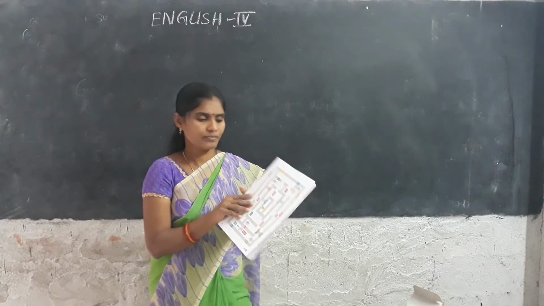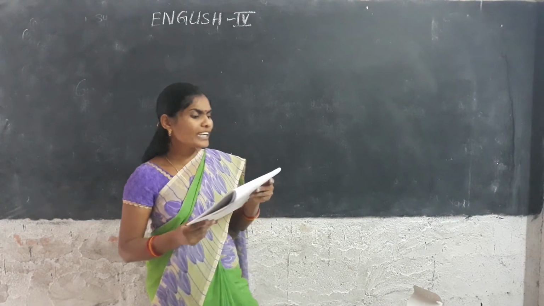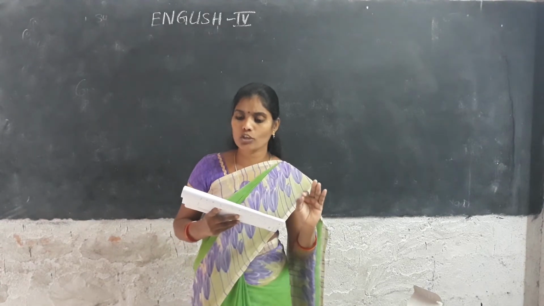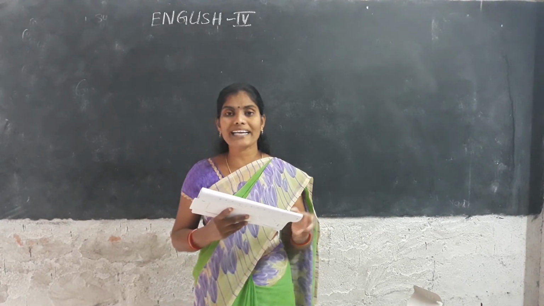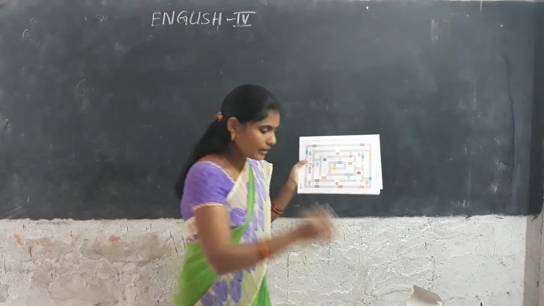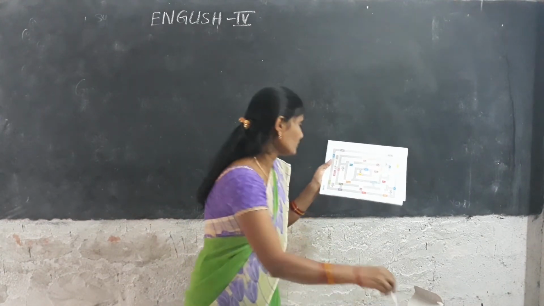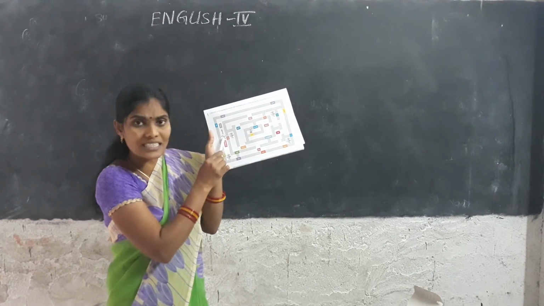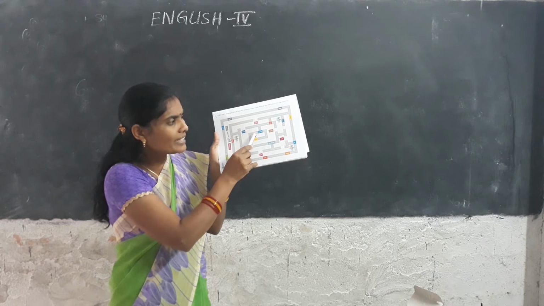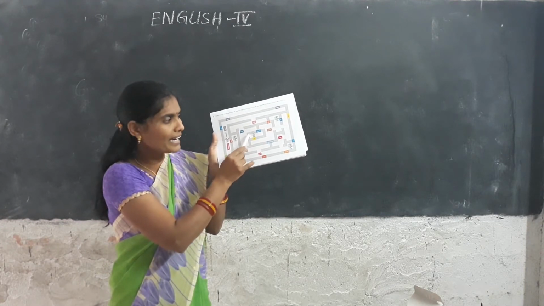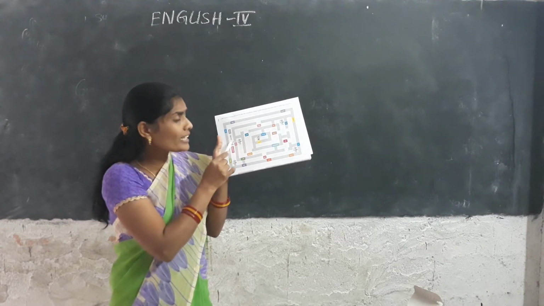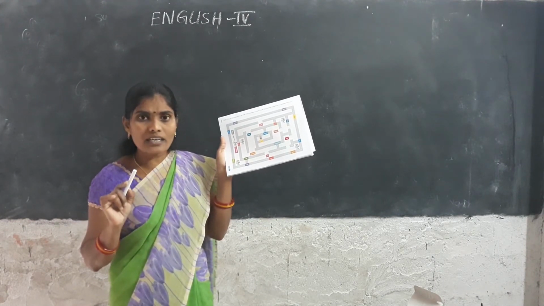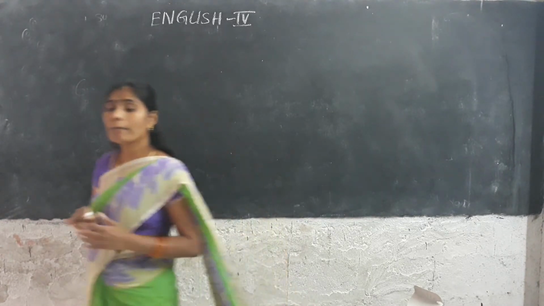Next, cutie cow is chasing bunny all over the meadows. Draw a path through the adjectives to help her reach him. Where is the cutie cow now? Here, the cutie cow is here. The bunny rabbit is in the middle. The cutie cow wants to chase. The cutie cow is chasing the bunny rabbit.